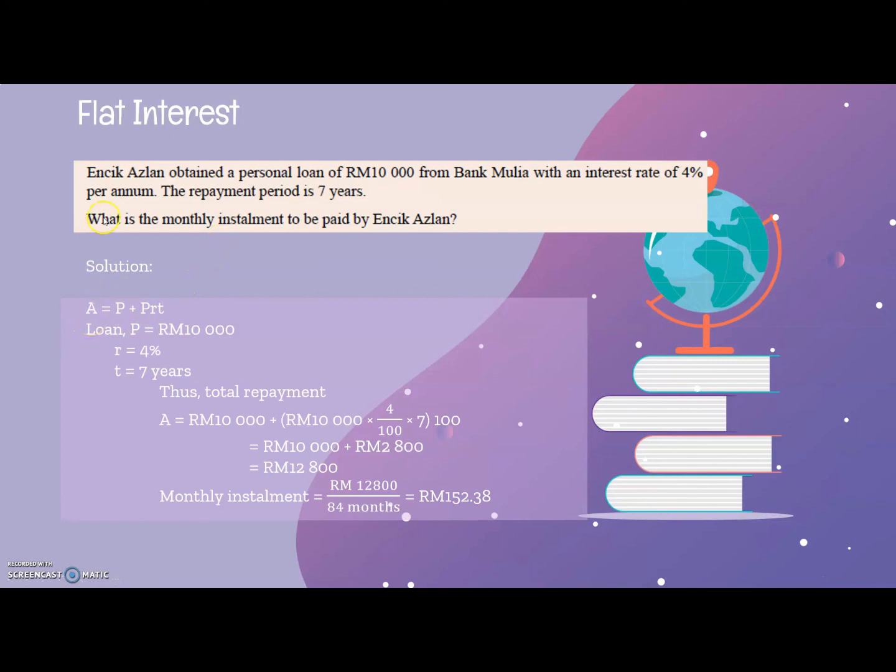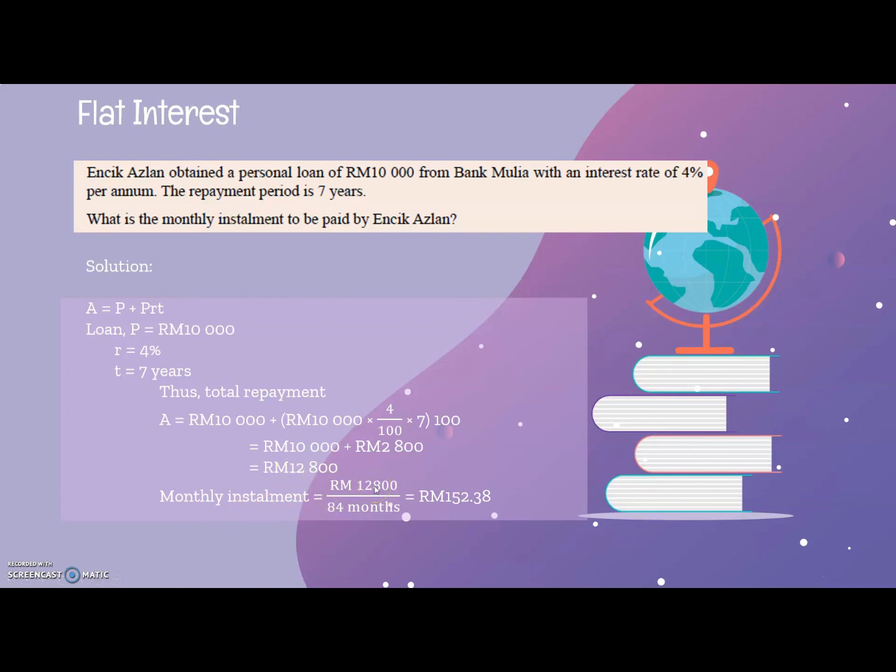This is the formula for flat interest: A equals P plus PRT. P stands for loan, R stands for the interest rate, and T equals time. Thus, the total repayment equals 10,000 plus 10,000 times 4% times 7, which equals 10,000 plus 2,800, equals 12,800. So the monthly installment is